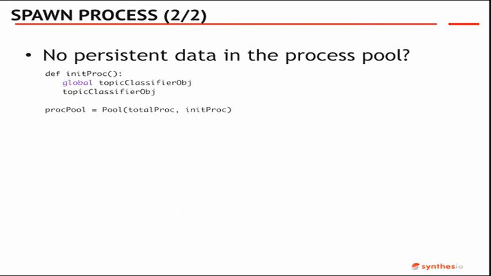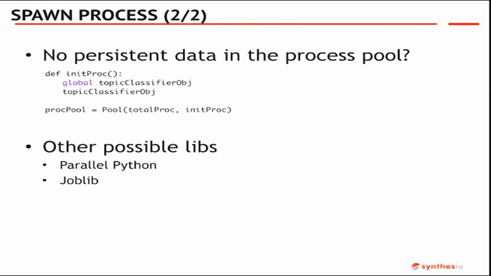Of course, if you said there's no persistent data in the process, you can actually somehow make it. You can initialize each process in the pool, and you define a global class where you put your classifier, and afterwards in the actual function that will be called with the pool, you have this already loaded. So this is like a global, always available object. So somehow you can do it. But if you want to do this, you are not going to do everything from the ground. You can just use Parallel Python. You can use joblib. There are a lot of possibilities, and those already allow you to spawn among several machines. But again, this is not what I want to do.